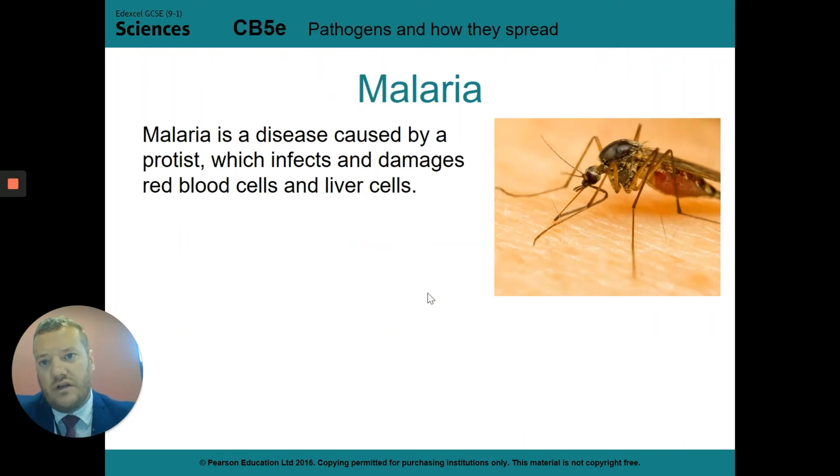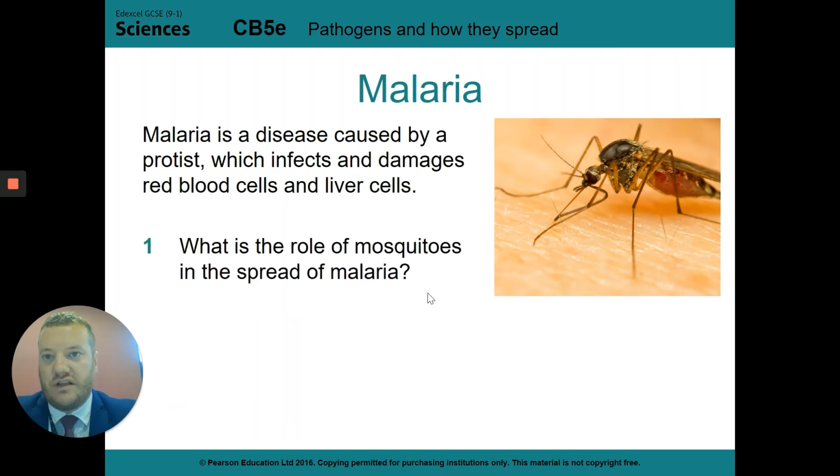So here is a communicable disease. And this is when I said we're going to look at an example of one caused by a protist, so a small single-celled organism. That's this. So the mosquito, as you can see there, is the vector. It's not a pathogen itself. It's carrying in its blood what it's sucked from somebody who's got malaria; it sucks up some of their blood. The blood's got the little protist in it, the little single-celled organisms. They then fly around, they bite somebody else. And as they bite somebody else, they inject their mouthpiece into them. They almost backwash the protist into the person who wasn't infected, and they become infected.